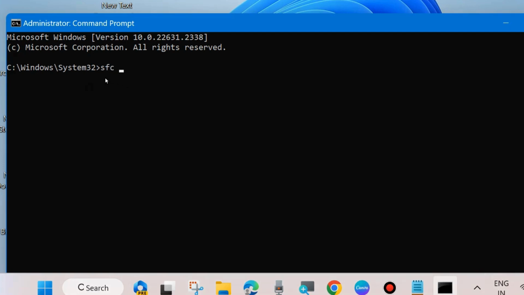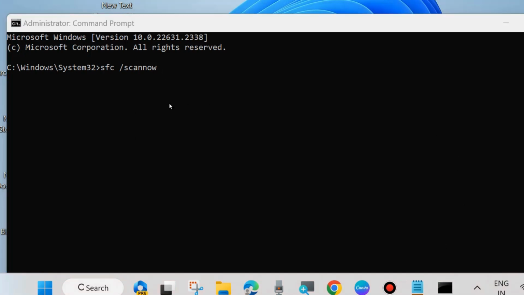Thereafter, execute the SFC scan now command to check for any corrupted files in your system. Type sfc /scannow and press enter and wait until 100% completion of verification of your system. Once this command has executed successfully,